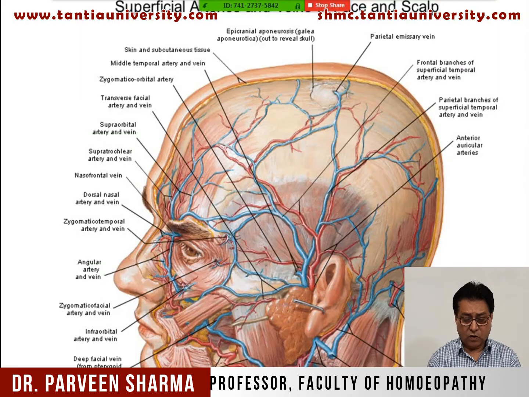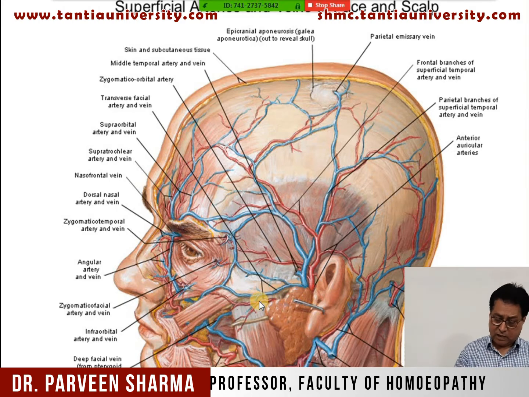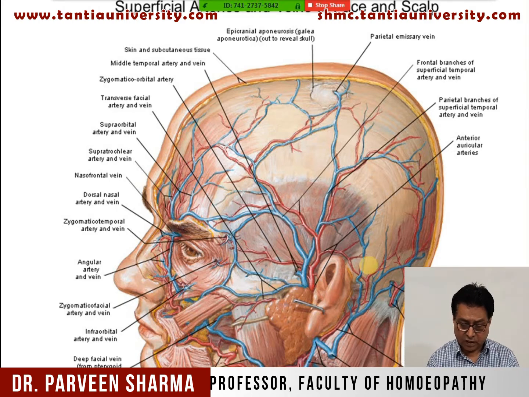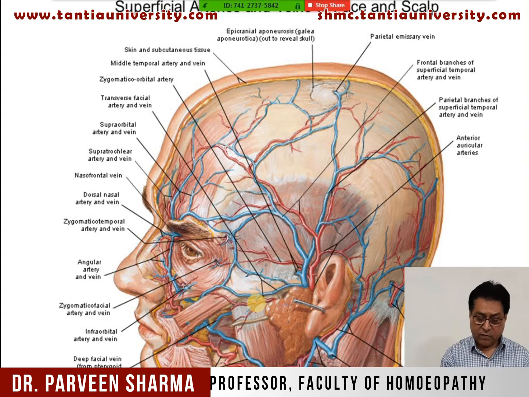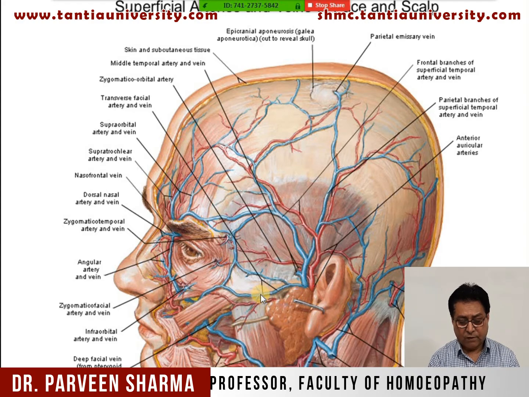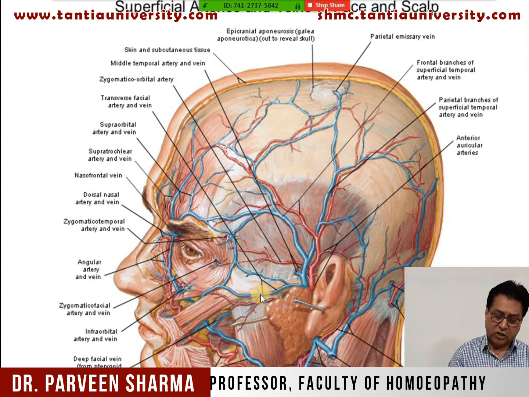Another artery I told you, the transverse facial artery. If you can make out this one, this is the transverse facial artery. This is not important, but still, if you see here, this is the transverse facial artery. So transverse facial artery runs transversely over the face. It runs over the zygomatic arch. It is related with the parotid duct. Below this transverse facial artery there is parotid duct. Above the transverse facial artery you have transverse facial vein and it anastomoses with the other branches. That is the transverse facial artery.